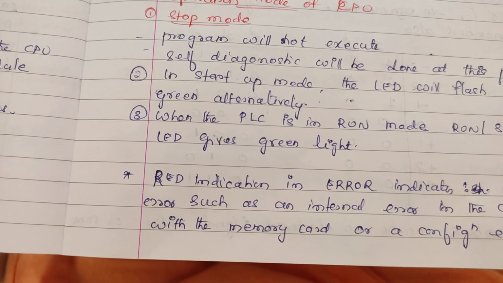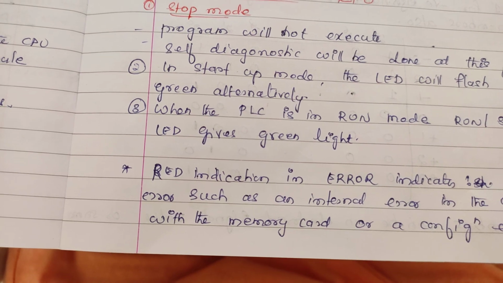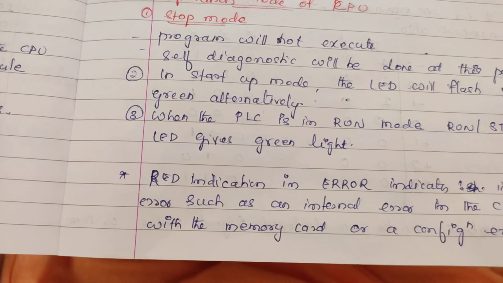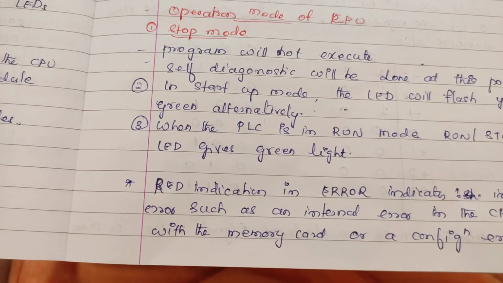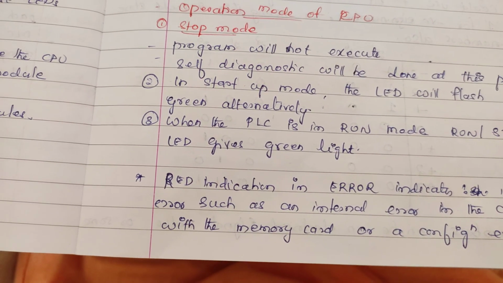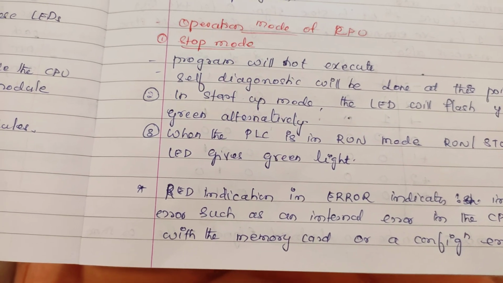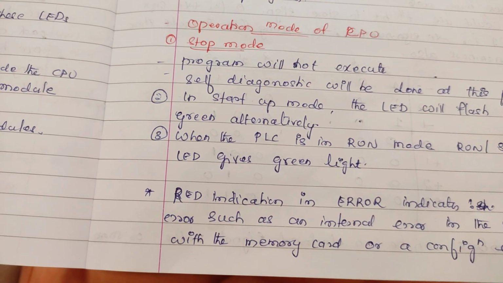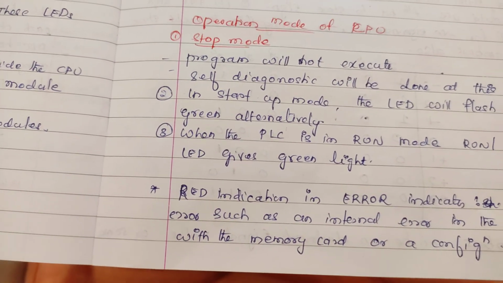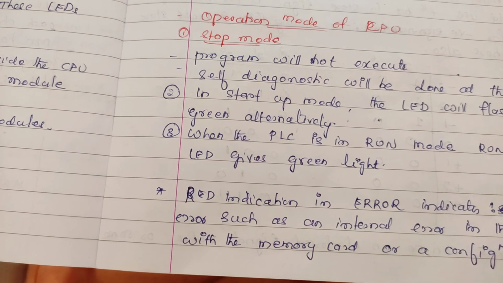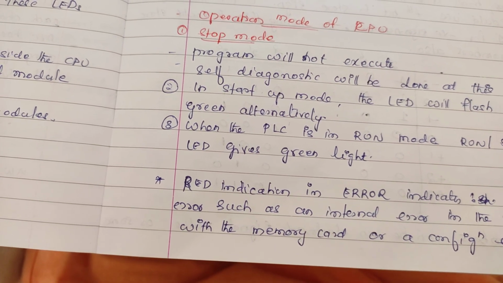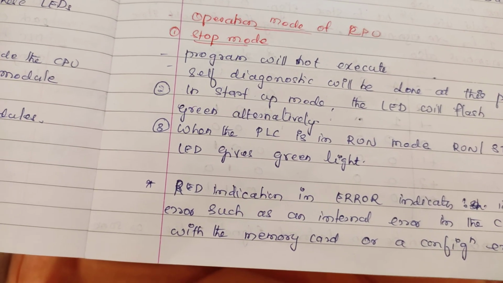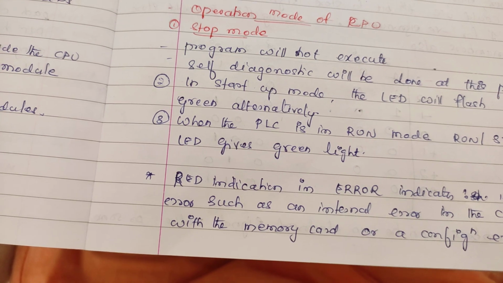Okay, now if you want to stop, then again we have to go to stop mode. This cycle is called the scan cycle, and the time taken to complete this scan cycle is called the scan time. Then we have the error and maintenance LED indications, right? The error LED becomes red whenever an error occurs in the PLC configuration, or some error related to the memory card happens.